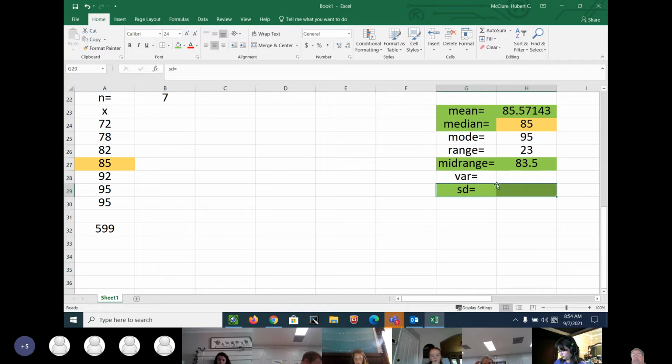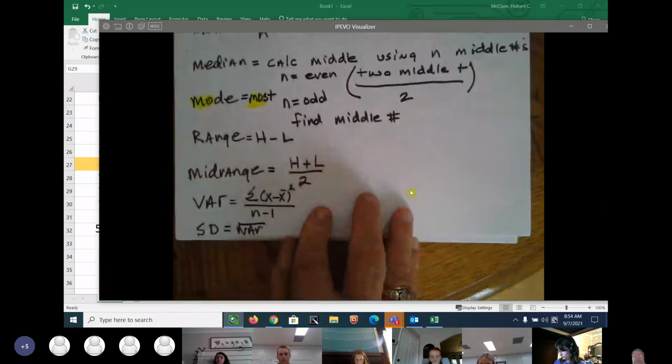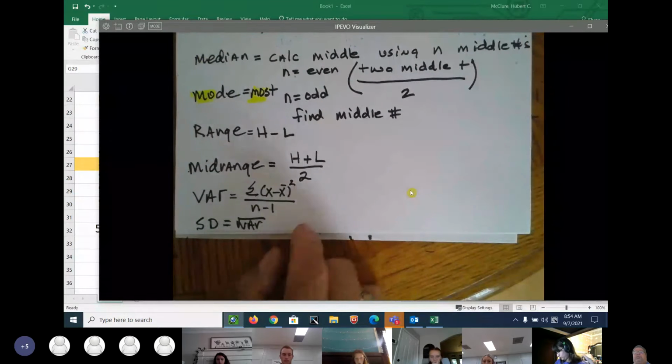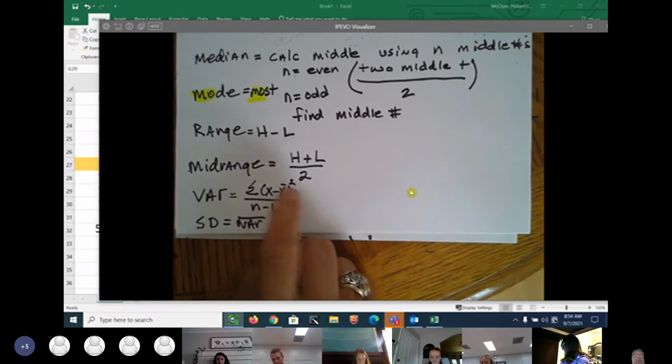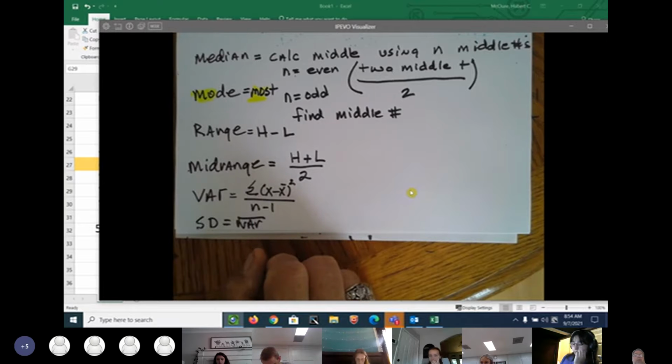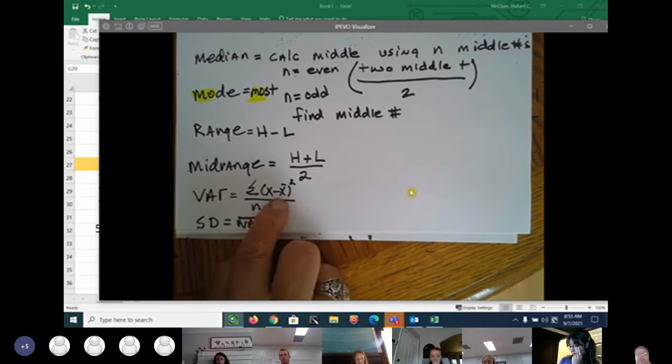So let's find the variance. Let's go back to the formula. Somebody tell me what we need to do first. Remember, please excuse my dear Aunt Sally. So we've got to do what's in the parentheses first, then exponents, and outside the exponents. So what do we do here? What does that mean? X minus X bar. What are we actually doing here? I need you to give me a sentence. Means communicate. Come on, you can do it. What are we subtracting from what?